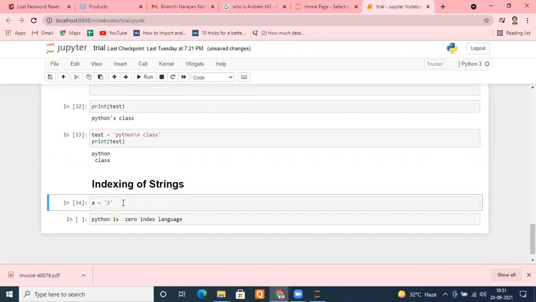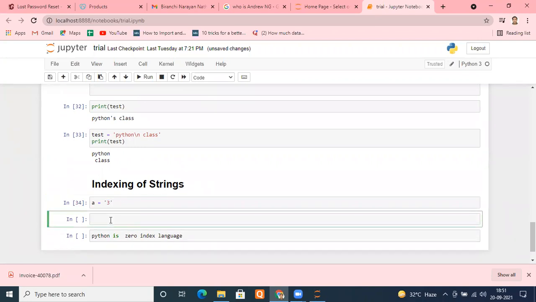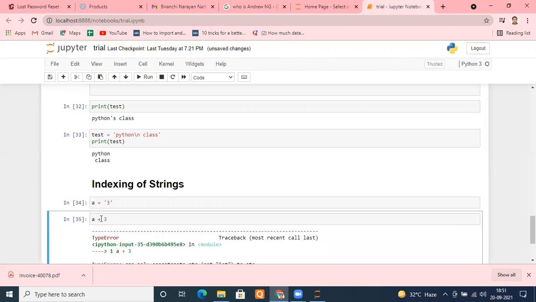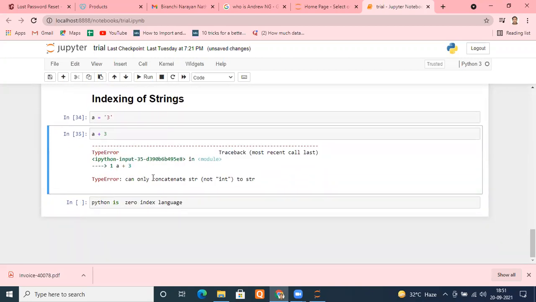So let's run this cell and let's try to find a plus 3. Let's run this. Did you see what happened now? It's saying can only concatenate string to string, not integer.